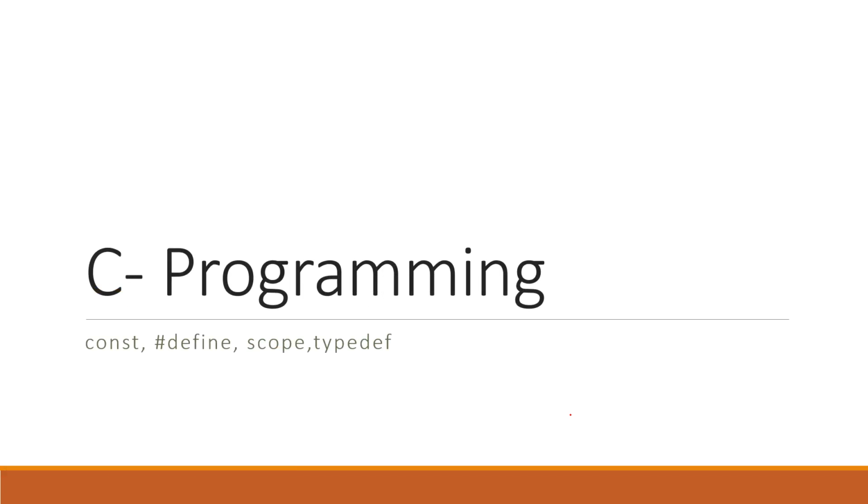Dear students, in this presentation, we will see some more topics like constant, hash define, scope of a variable, and type declaration. In the last presentation, we have seen a variable, the meaning of a variable, and how that plays a role in the program,